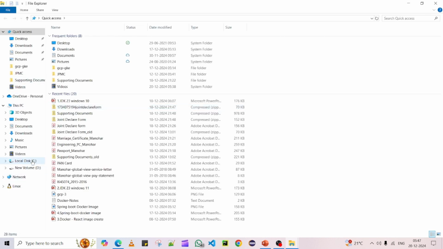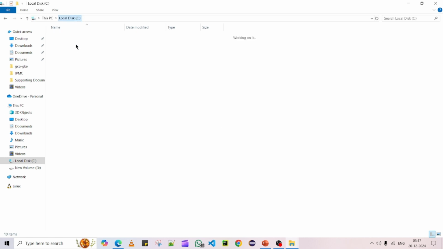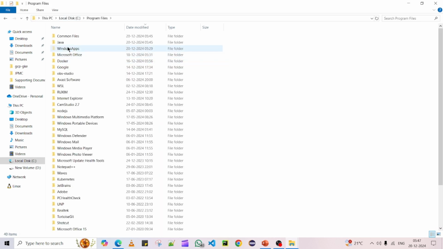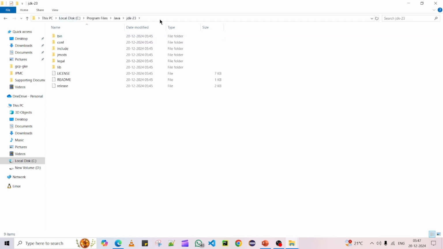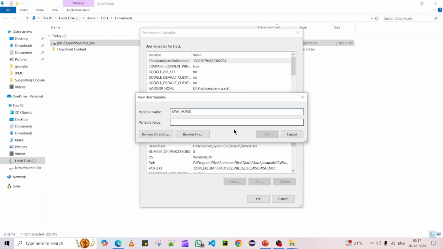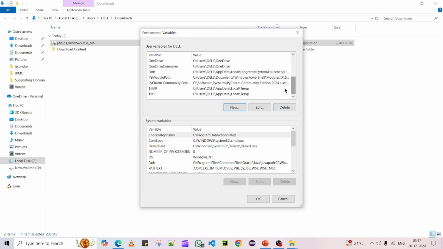You can type here, and then go to C, Program Files, Java, where it got installed, JDK 23. So this is our Java location where it got installed. You can take this path, and wherever you install, you can come back to this location and paste it, save. So this is one part, and the second part you need to add into the